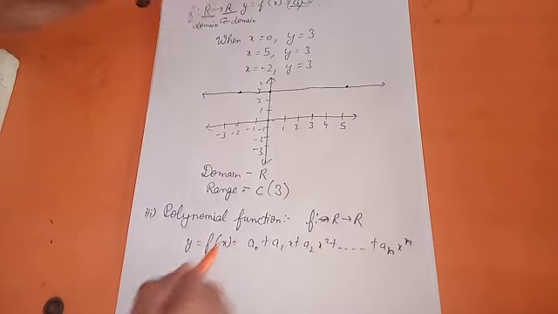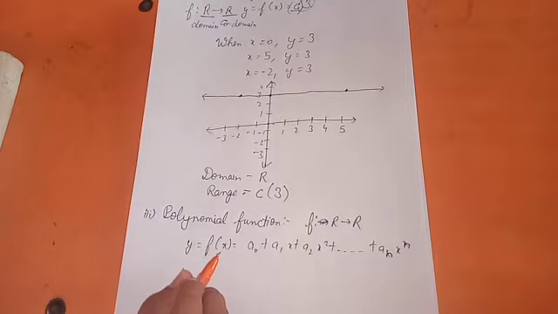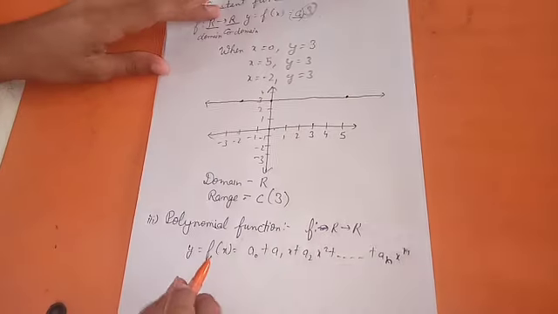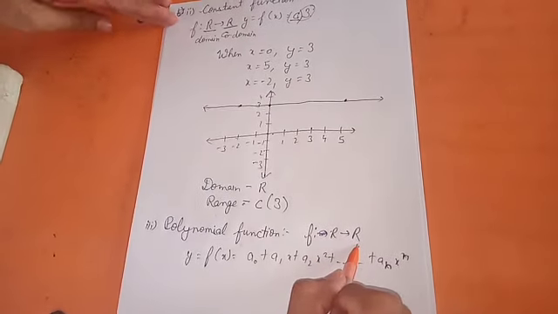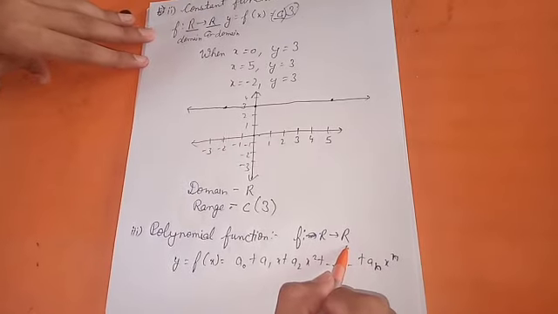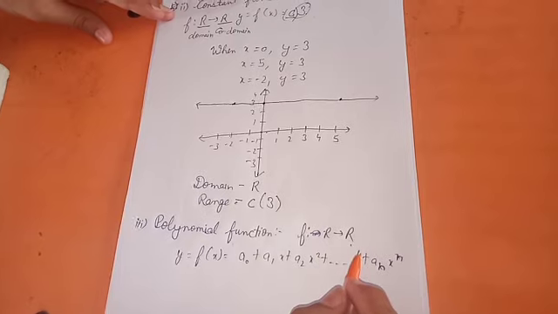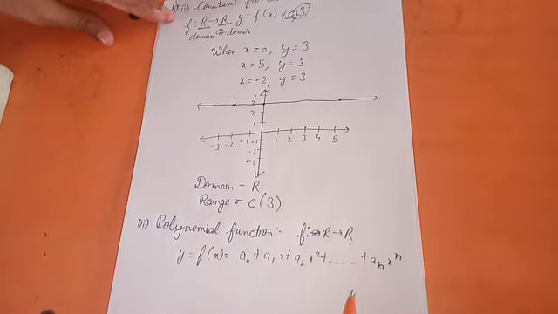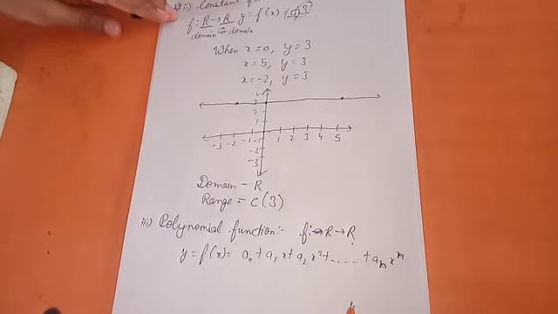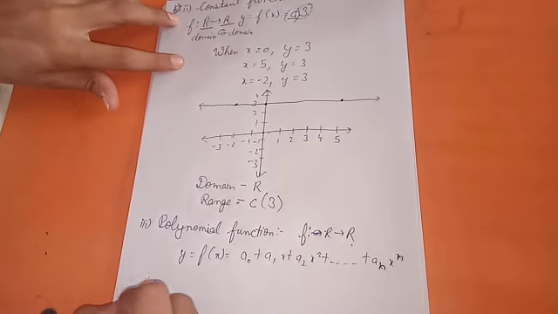Here, okay. So polynomial is function from R to R, where for each x in R,